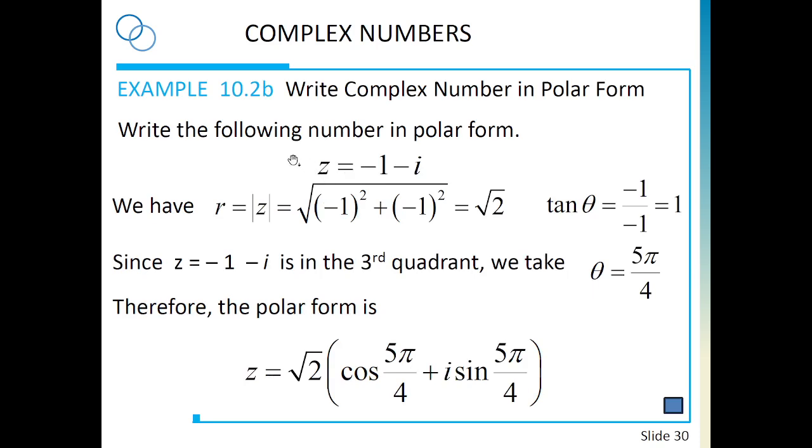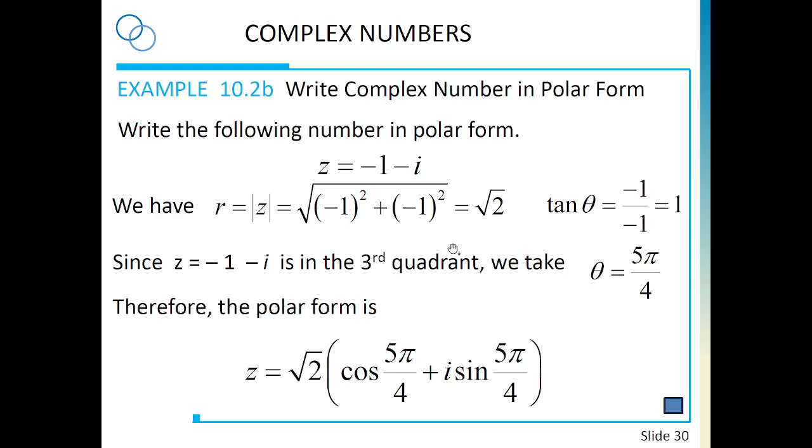Here, another complex number given in a standard form, so minus 1 minus i. So we realize we are minus 1 in x and minus 1 on y, right? So we are in the third quadrant. So we need to be careful, our angle needs to be in the third quadrant. So again, minus 1 squared plus minus 1 squared, so that's 2. We take the root, so we get our